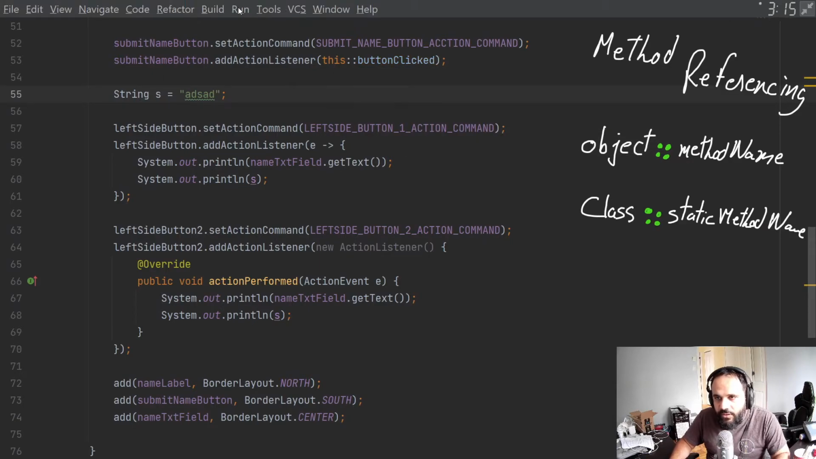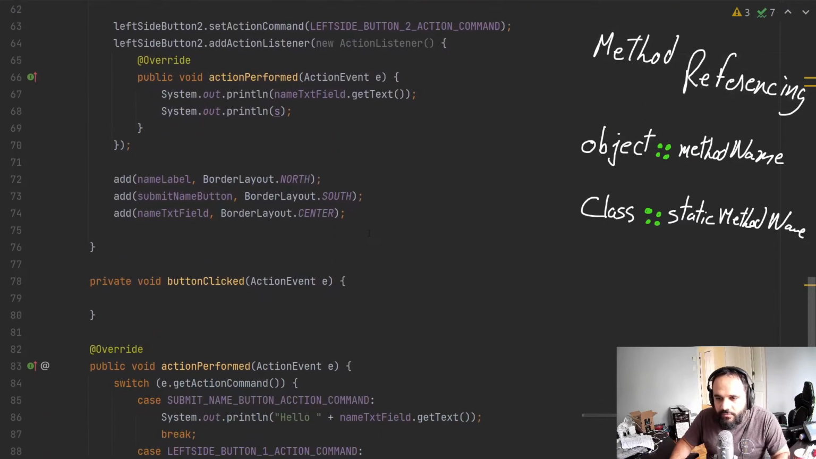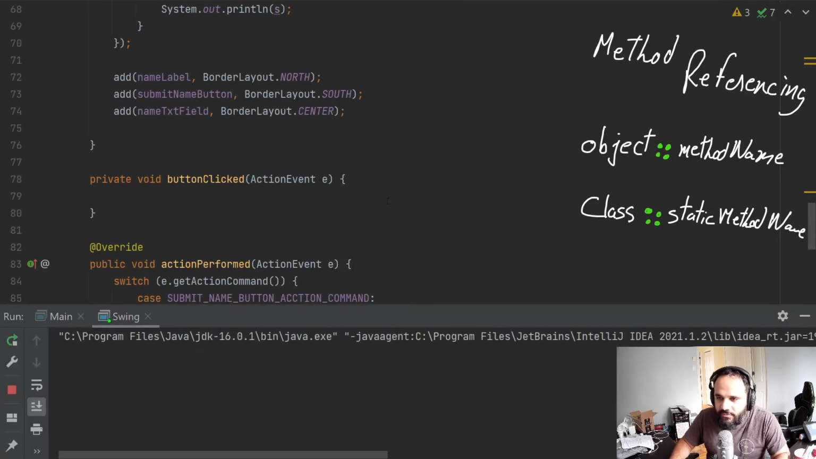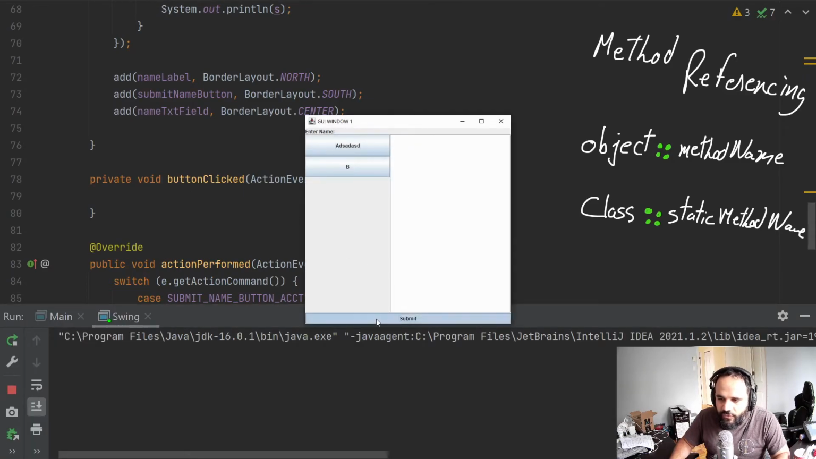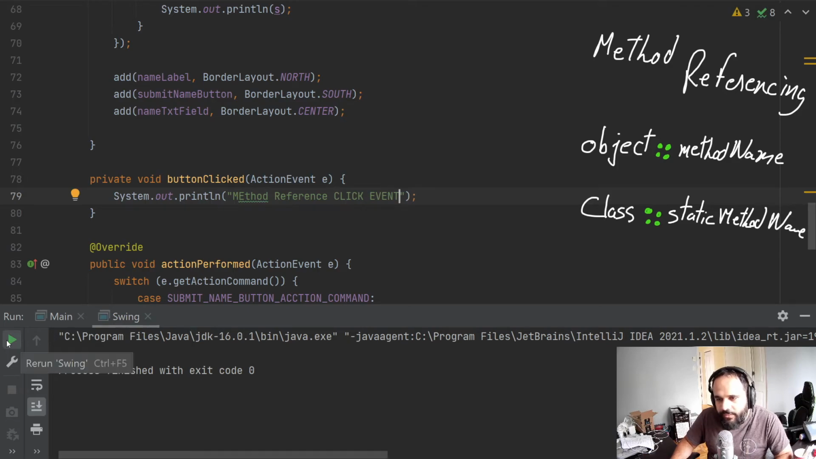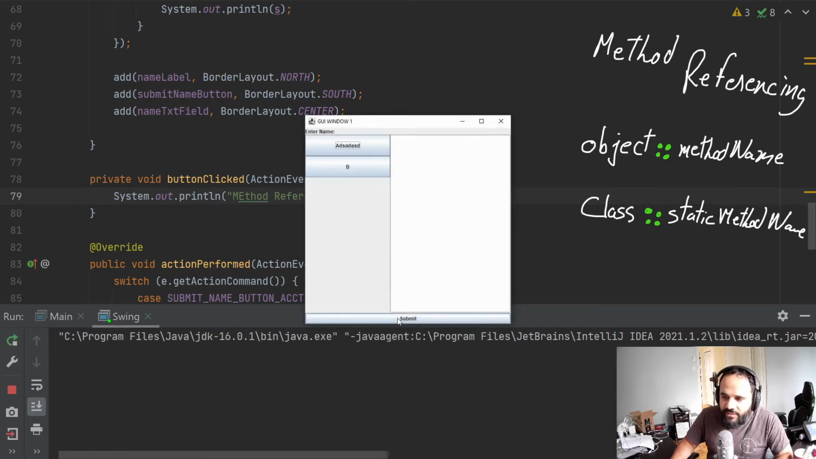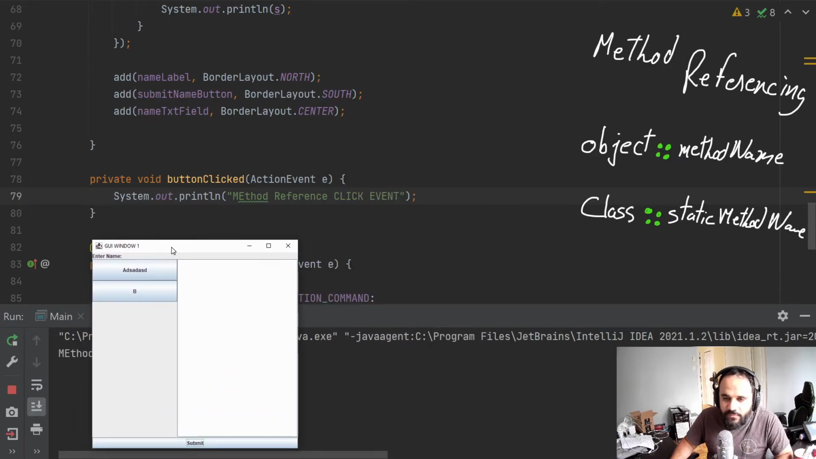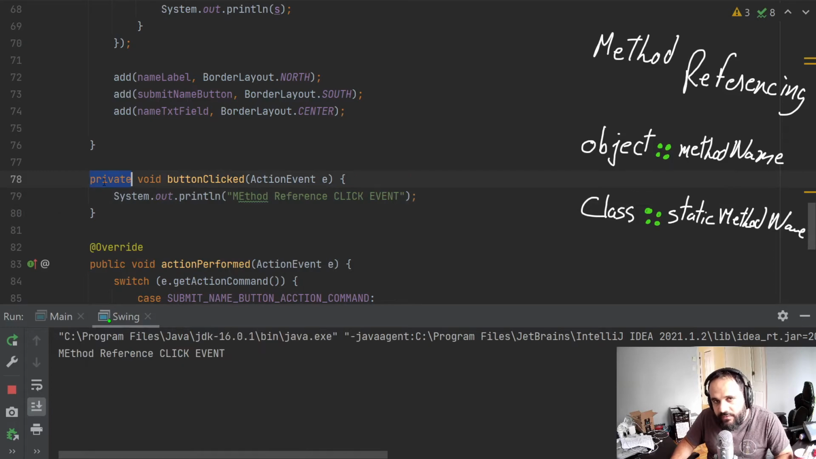And if I run or execute this application, well, right now it's not doing anything. So this was the first button, the submit, nothing's going on. Let's try putting some output here. Method reference click event. Okay, let's run it again. You'll notice that now when I press submit, method reference click event happens. You'll notice that it's private,